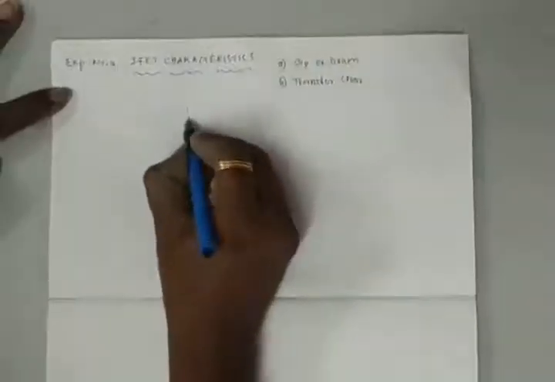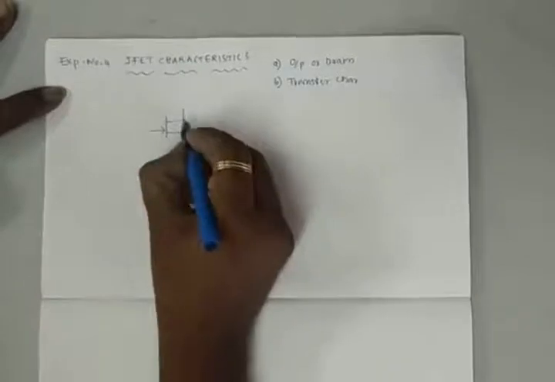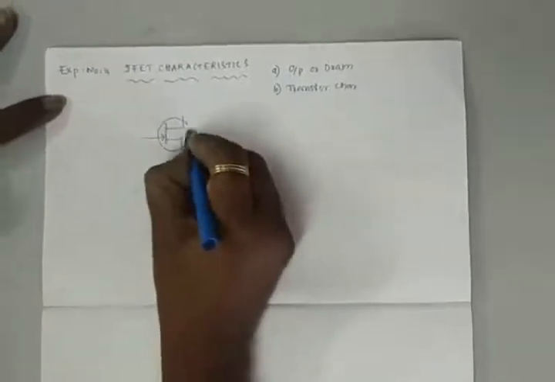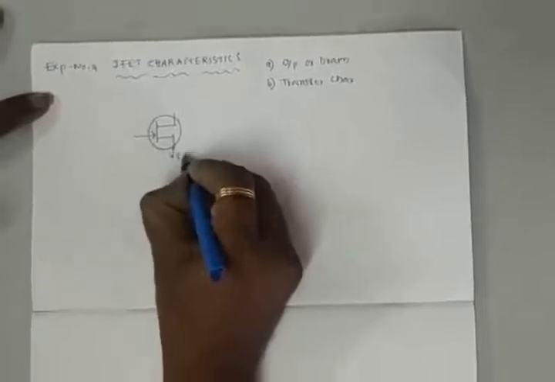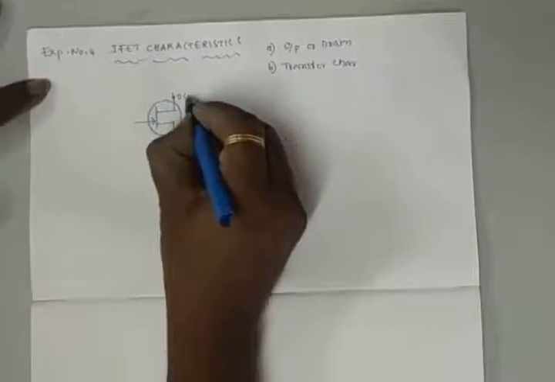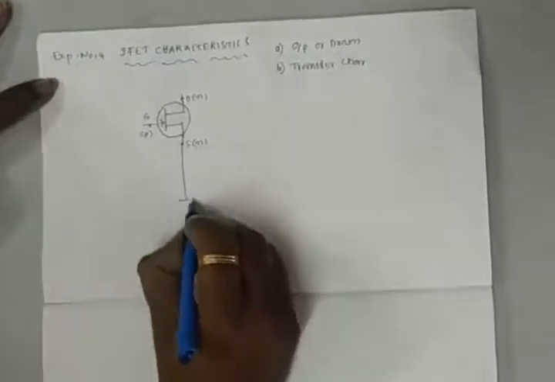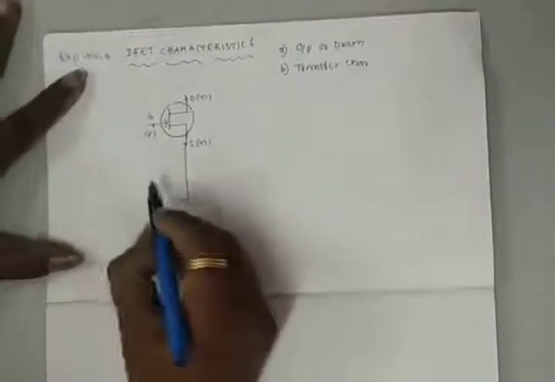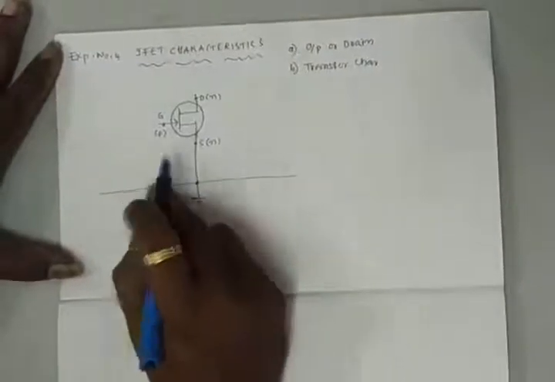Right? Then I am going with the circuit diagram. This is a FET symbol. Which FET is it? N-channel JFET. That means what? The source is N, grounded. Source is N and drain is also N, and gate is P. Very good. And source must be grounded. So which configuration is it? Common source configuration.